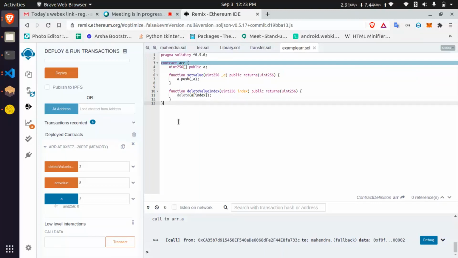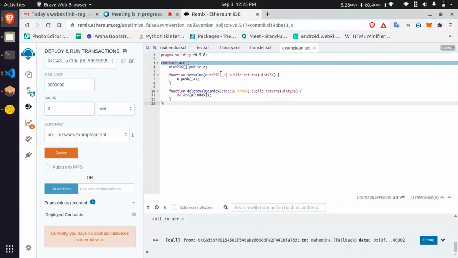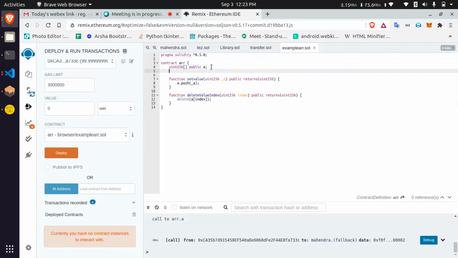If I need to do a demo on string also, I can do it. If you need it, I will show that. For string, you need to use string and bytes. You need to use memory. Let's say I will create a string array, public b.